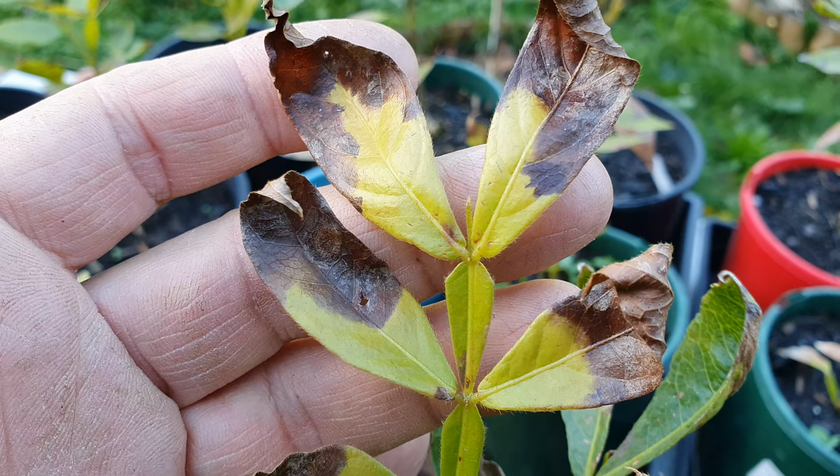But look at these leaves. Who can explain that? Perfect. Yep, guys. All right, the next one